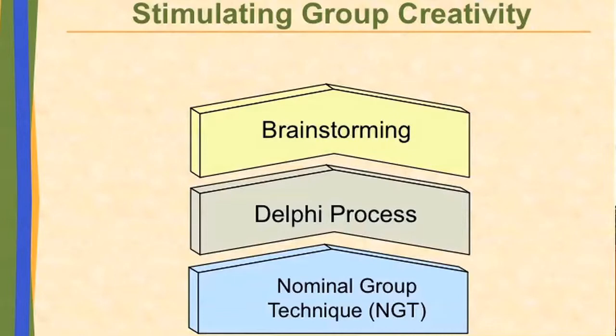And also the nominal group technique, which is one that's very commonly used in organizations and group settings. Usually you'll ask people to write down their ideas for solving a problem. You give people time to do that. Then they start presenting their ideas one at a time. Again, like the brainstorming, there's no judgment. You have somebody record the ideas, and then once they're out of them,